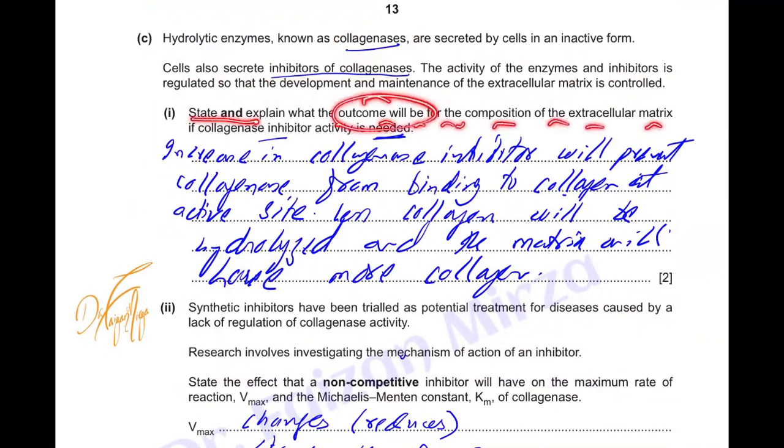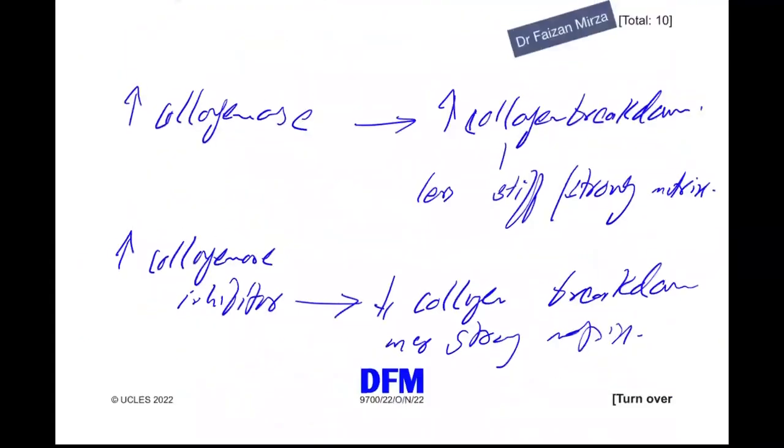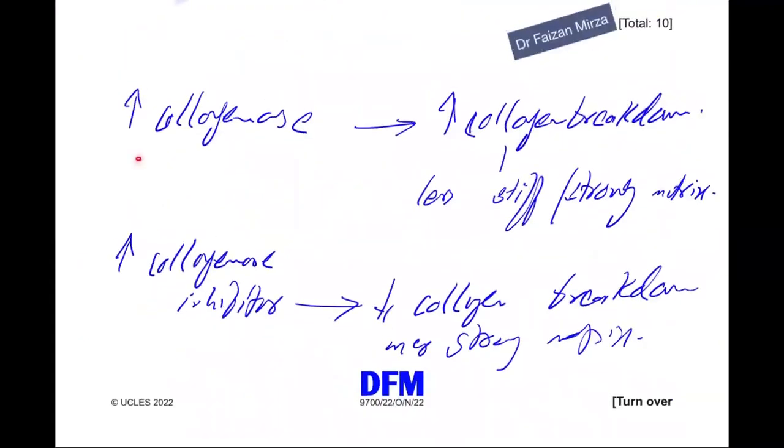what the outcome will be on the composition of the extracellular matrix if collagenase inhibitor activity is increased. So what do we get from this information? Increase of collagenase activity will increase the collagen breakdown. When more collagen is broken down or hydrolyzed, there will be a less stiff or less strong matrix. If collagenase inhibitor is increased, on the other hand, it will allow less collagen breakdown and more strong matrix to